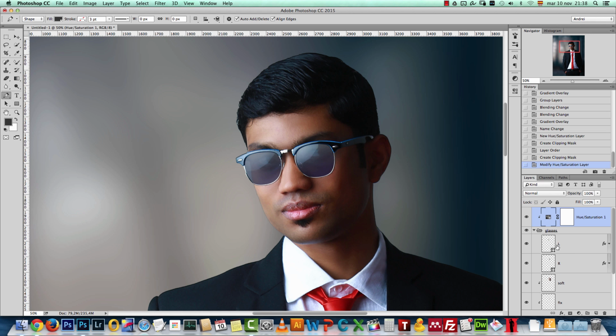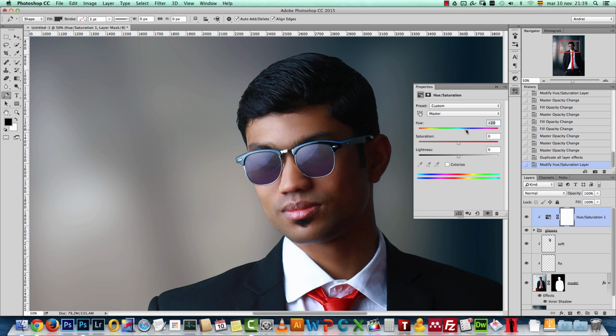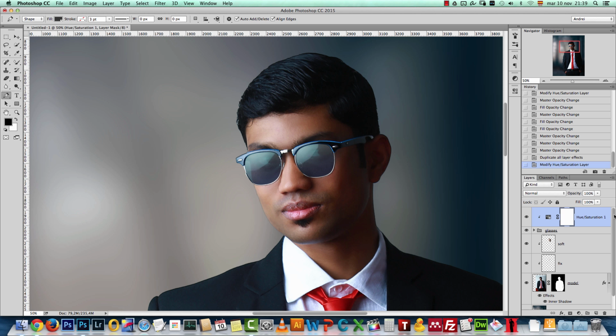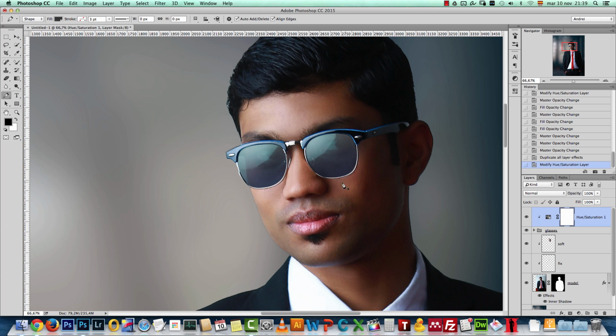And probably the one on the right, it's too bright, so I'll decrease the Okay, so let's try something a bit more greenish. It looks nice. Now, what we want to do now is add a bit of shadow here, because if